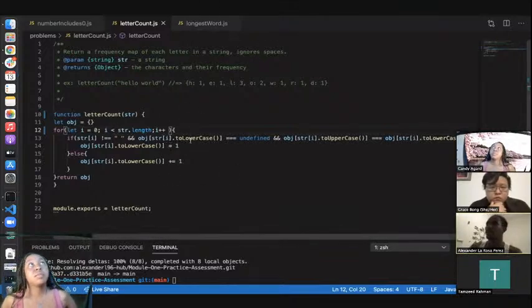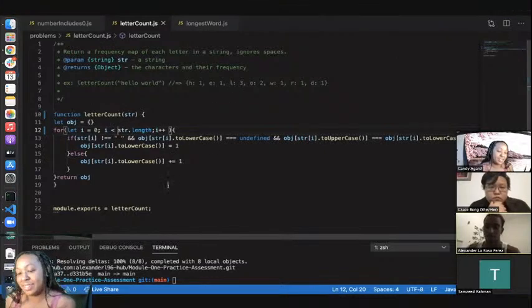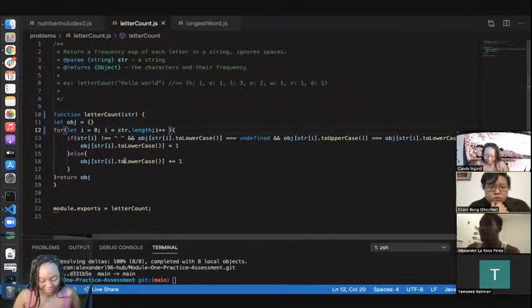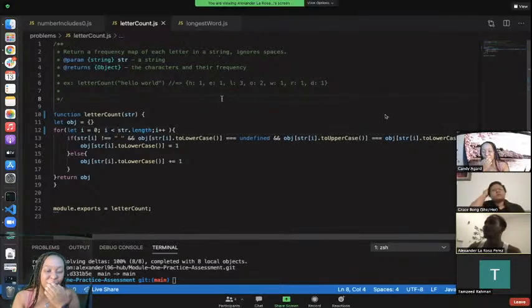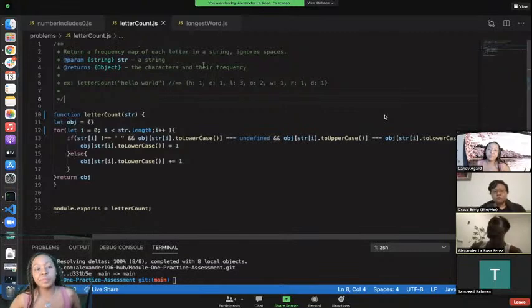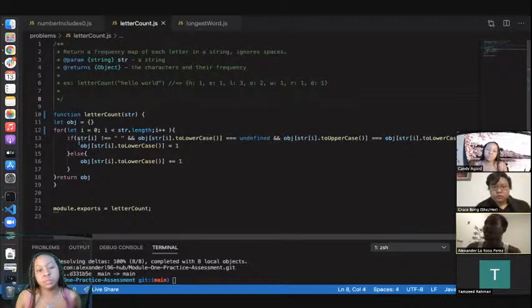That was a mistake. So I create the regular for loop: let i equals 0, i less than string length, i plus plus, as we know. And then I say, following what I can on here: return a frequency of the marked letters in the string, for each letter in a string. So I say if string i is not,